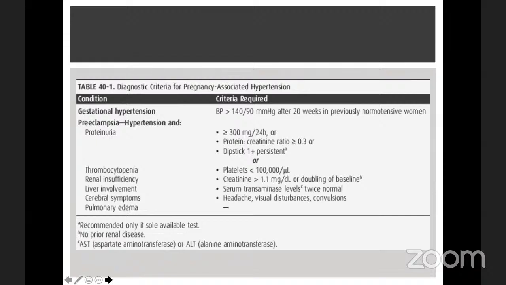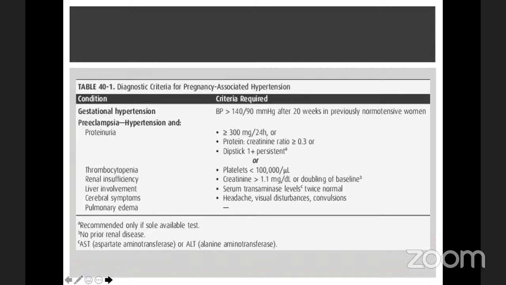So the diagnostic criteria for pregnancy-associated hypertensions. For gestational hypertension, it is if the BP is above 140 over 90 mmHg after 20 weeks in previously normotensive women. And for preeclampsia, hypertension plus proteinuria of 300 mg or more over 24 hours, or protein creatinine ratio of 0.3 or more, or dipstick